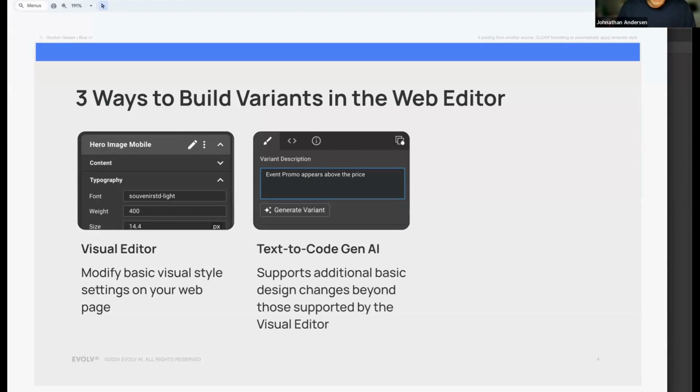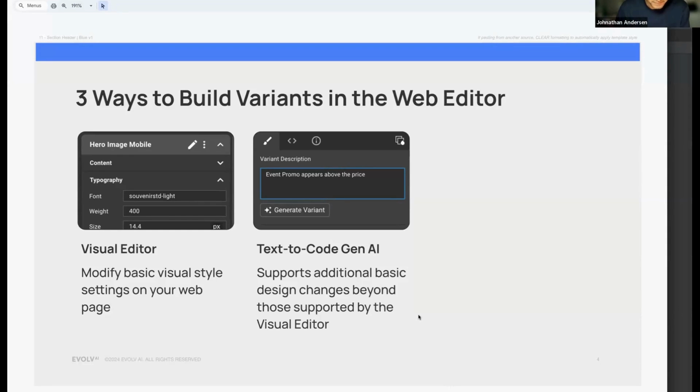And when we think about the kind of workflow one might take to get to the web editor, we think about when in the ideation phase you're coming up with all the possible changes you want to make and test. At that point, you're already describing your variants. And so by the time you get to the web editor and you're ready to implement those things, the idea in that workflow is that, hey, we can just take those variant descriptions we've already come up with, put them in, and then click generate variant